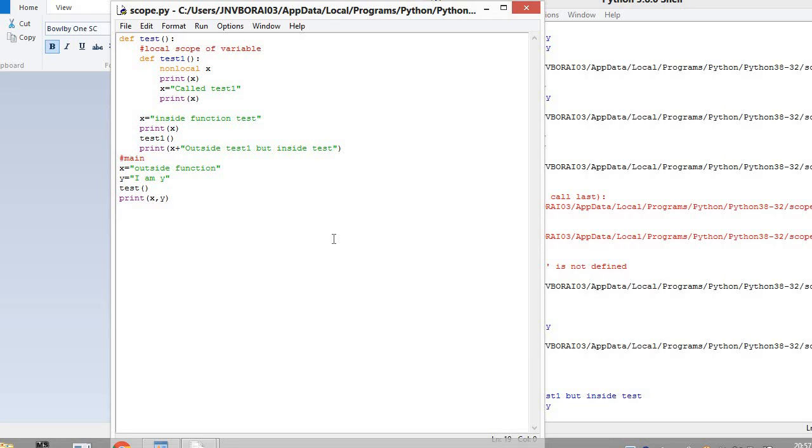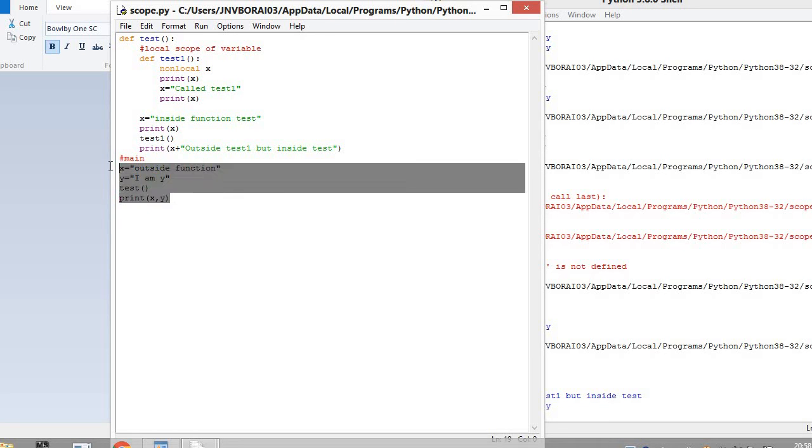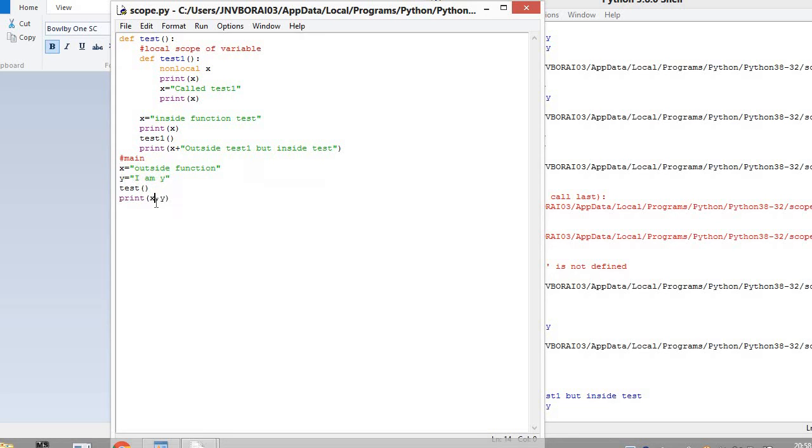Now the last one is built-in scope. The built-in scope is like, suppose you are trying to use x, but that is not declared in the entire program, it has not been mentioned anywhere. So what will Python try? Python will try to find that variable or that function inside the built-in library of Python. Let's say we have one function, say